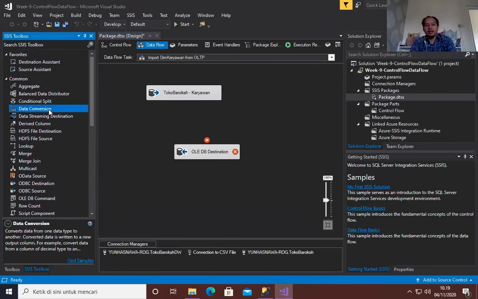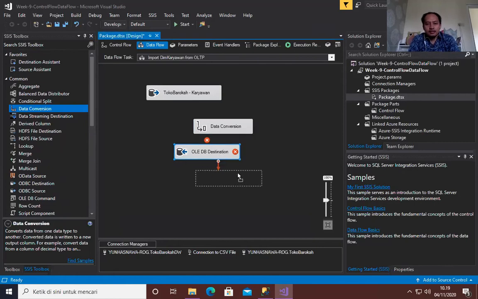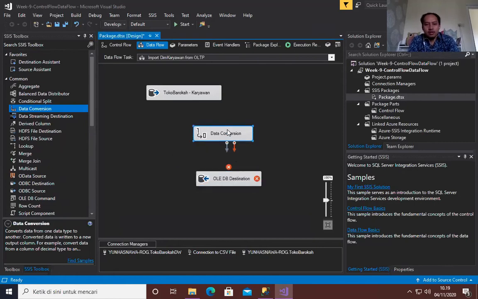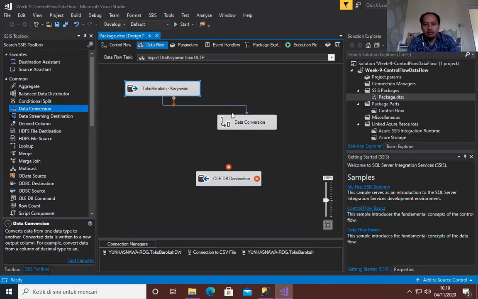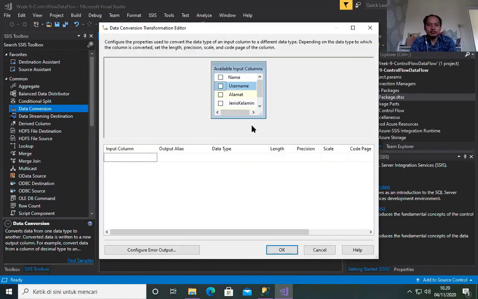Drag and drop it from the toolbox to our designer window, then connect the precedence constraint from our data source to this data conversion first, and then modify it. Double click this one, and this is how we use the data conversion element.